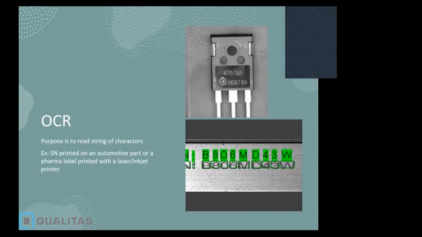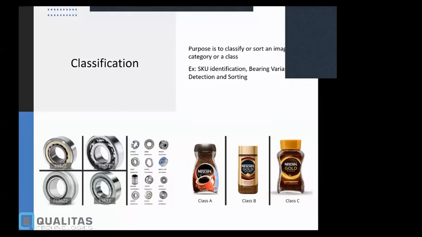Because if this is going to go outside to the market and there are other consumers or your customers are expected to read this, you want to make sure that the character is readable. So all these three objectives can be met by adopting an OCR technology with machine vision. Okay, so that's the next kind of application.